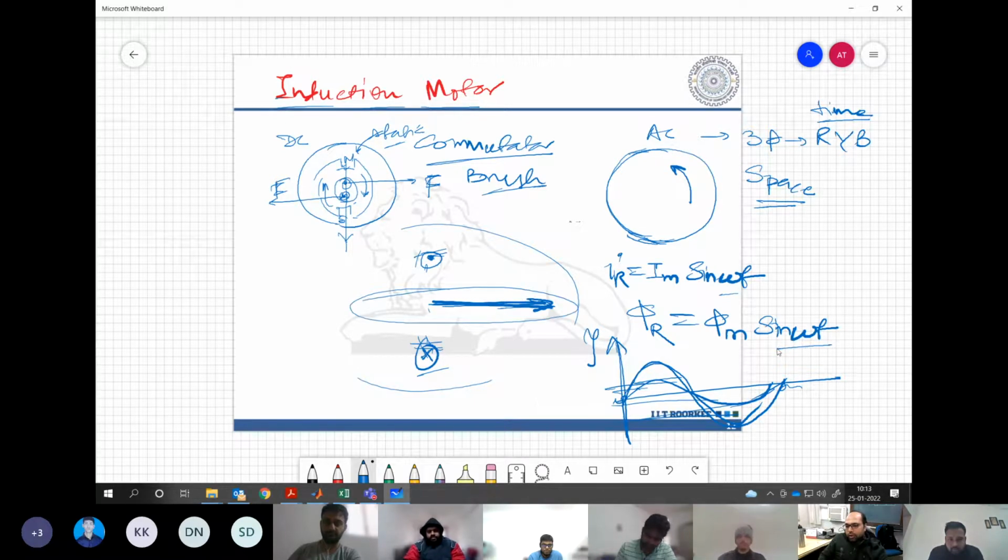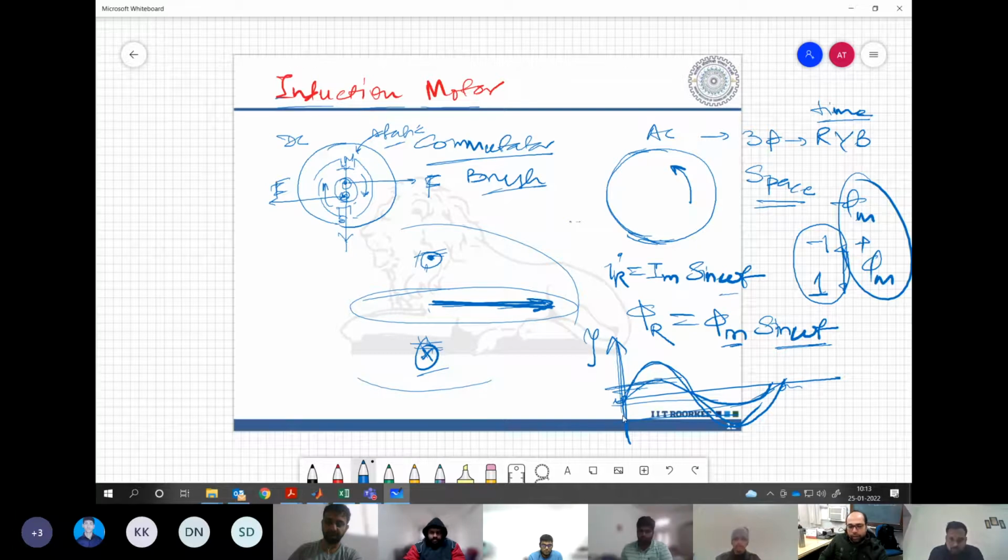So sine omega t maximum could be 1, minimum it could be -1, and the value is varying between this. So the flux value varies between minus phi m to plus phi m, and you can visualize that as the projection on this y-axis. Correct? So in effect, what is happening whenever you are feeding this sinusoidal current to this coil, sometimes you have